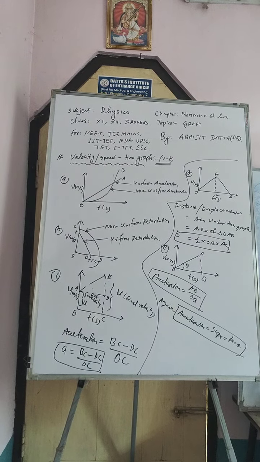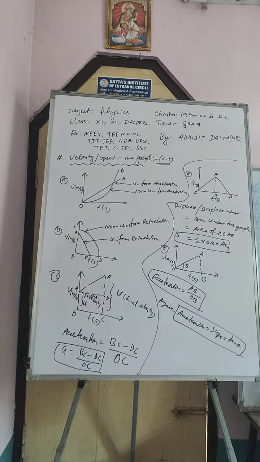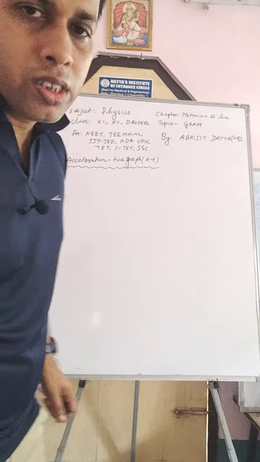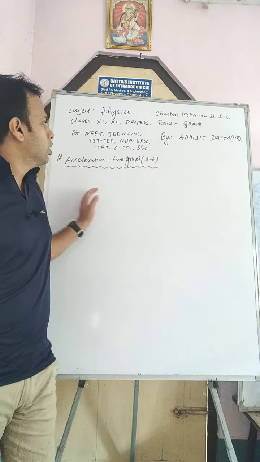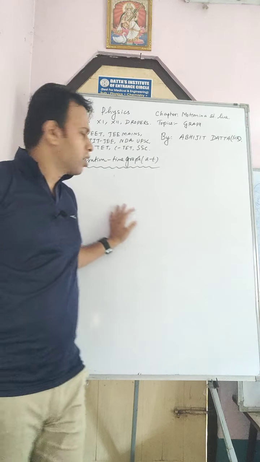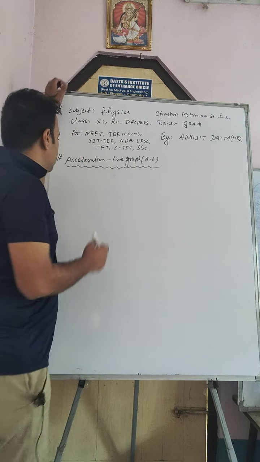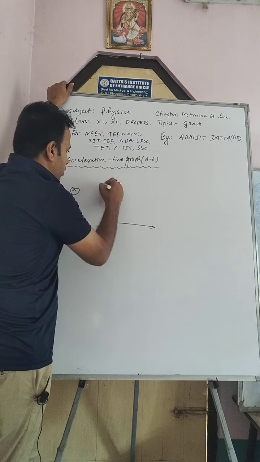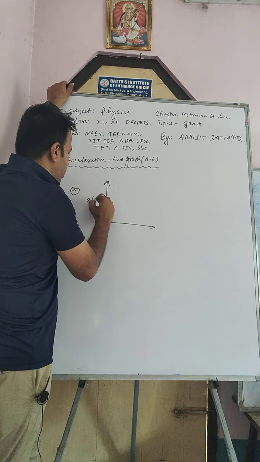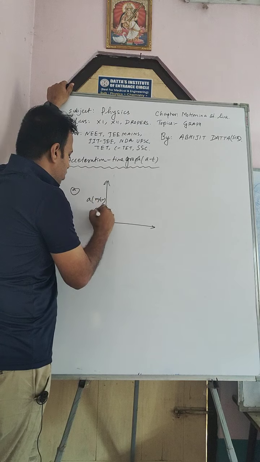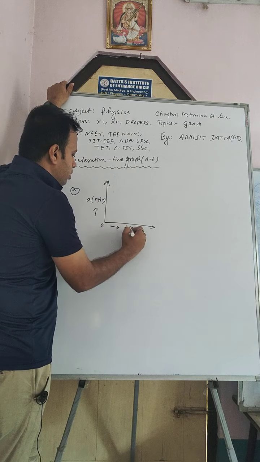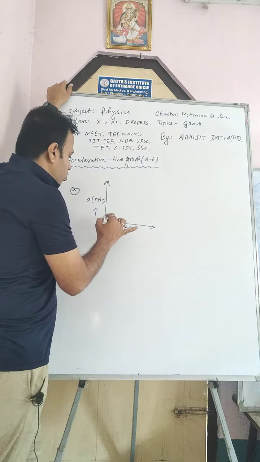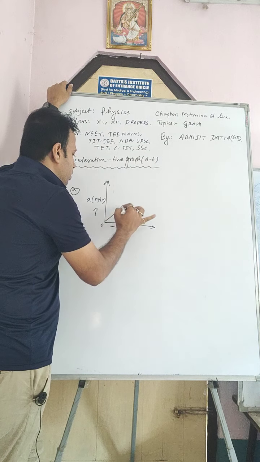Take a screenshot from that. Now we will study the acceleration time graph. This is the last graph. Okay, so only one graph is there. Suppose this one represents the acceleration in meter per second square in this way, and this way represents the time, that is in seconds. So suppose there is one graph here.